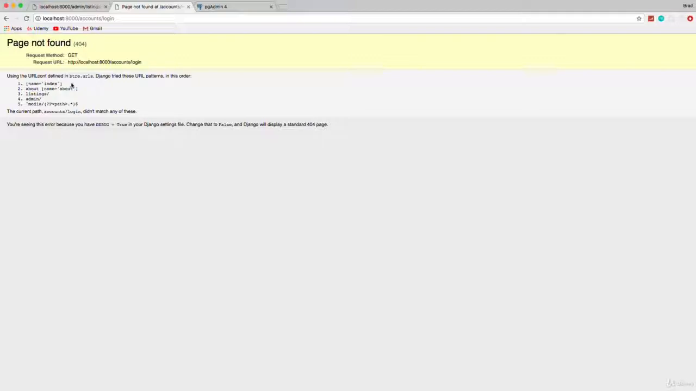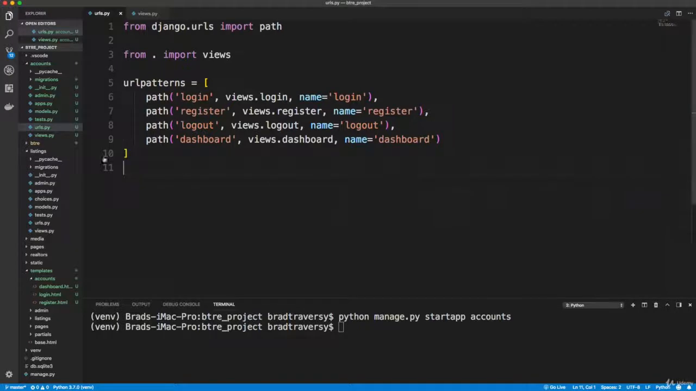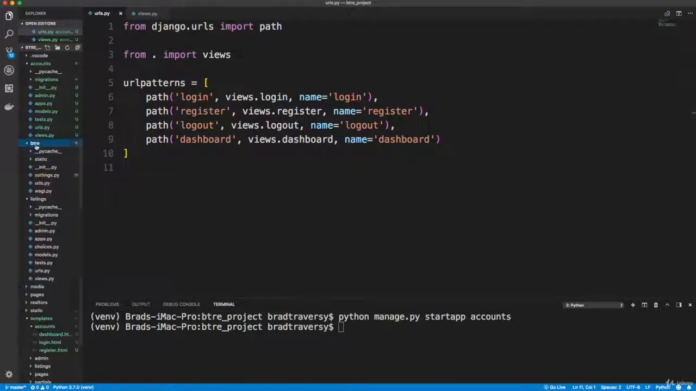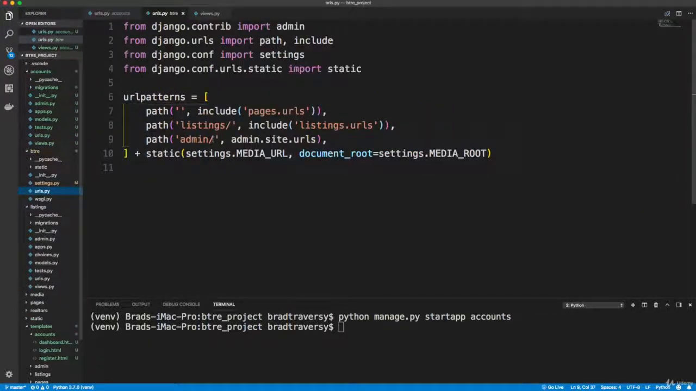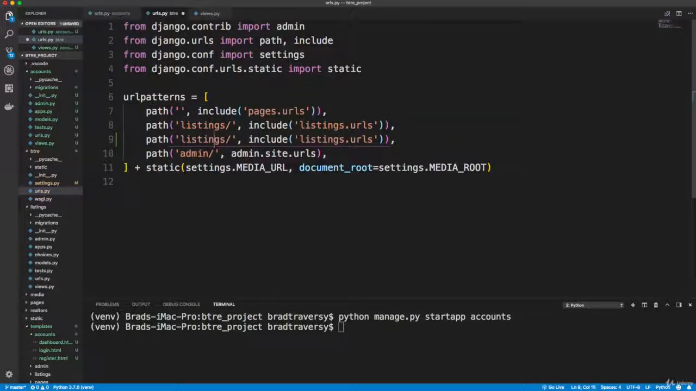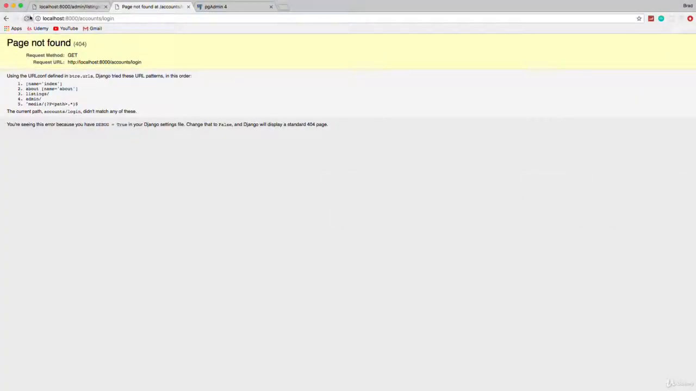That's not working either. Let's see, we didn't bring it into the main urls.py, so we need to go to BTRE urls.py, and we need to add it here just like we did with listings and the pages. So we're going to say accounts slash, so anything that is accounts slash, we're going to include the accounts URLs like that. Okay, so now that should work. Let's reload. There we go. So now we have accounts login, register,